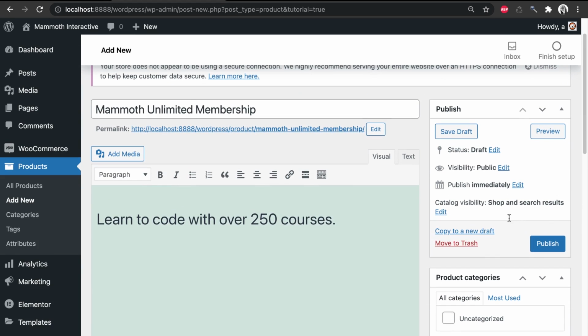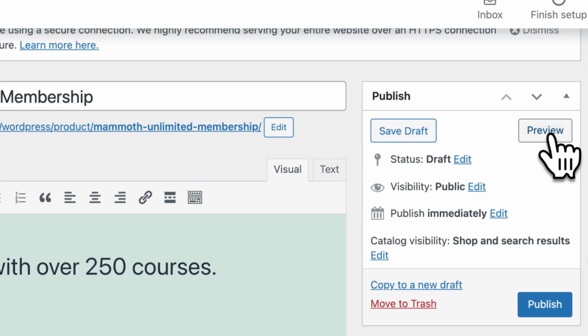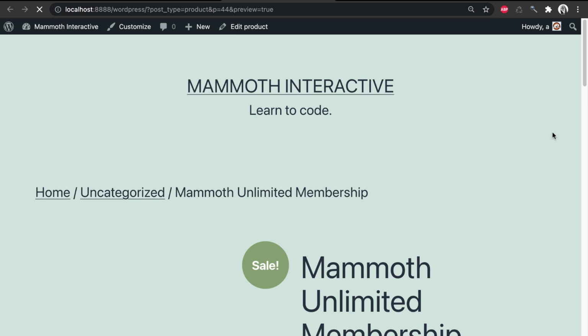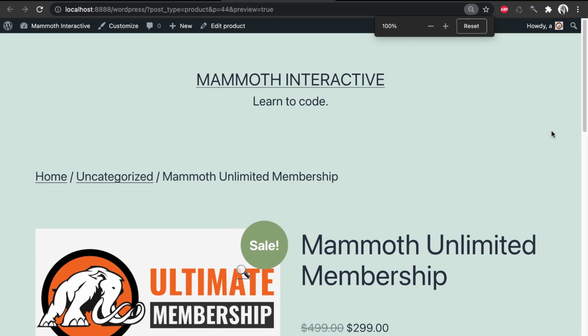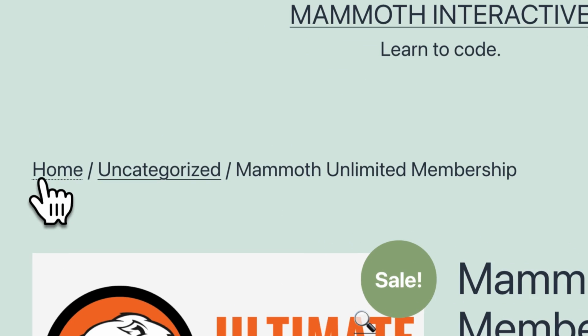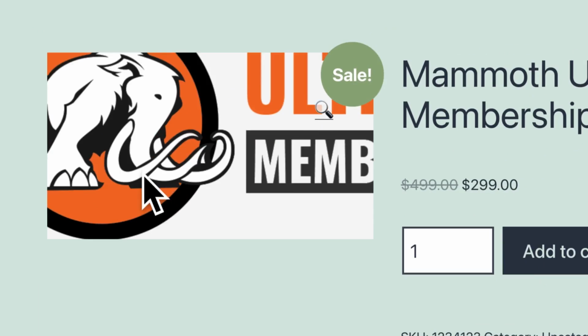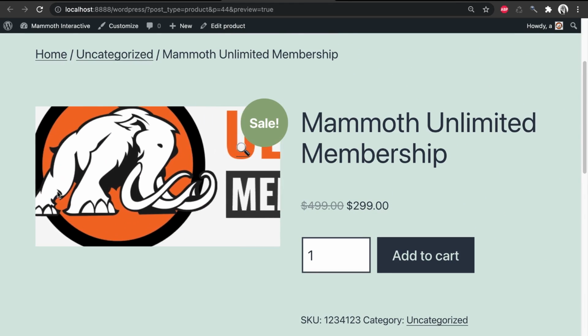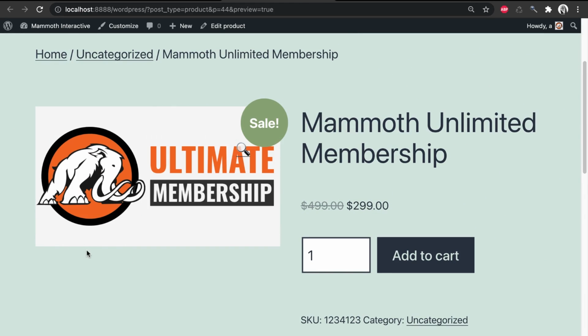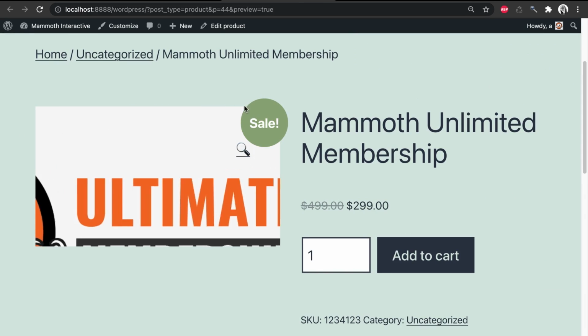Now, if you want to preview this product page, you can select the Preview button. That will launch in a new tab the page of the product. All right, so here we have our site title and description at the top. We have the path to this page, which is the home page, and then the uncategorized products, and then the name of the product. So you can have categories of different products. After that, you have the image for the product, and you have a sale button